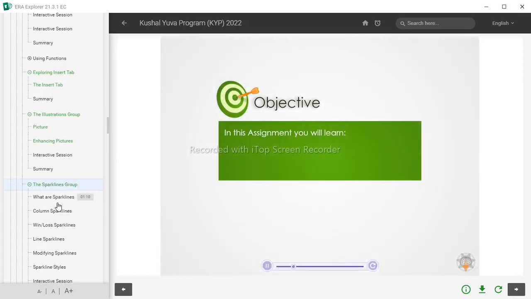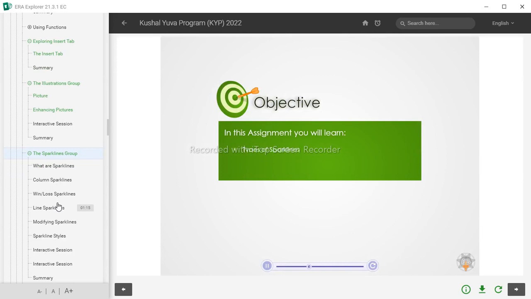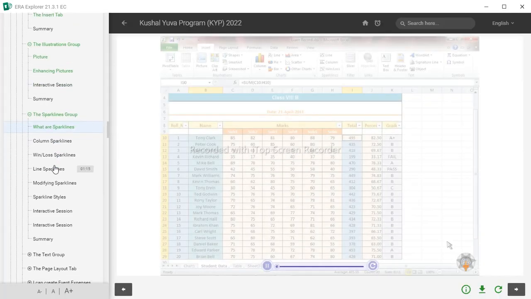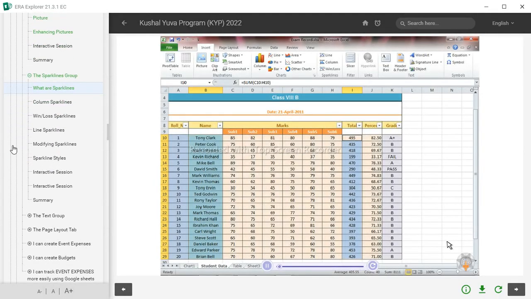In this assignment, you will learn types of sparklines, creating sparklines, modifying sparklines. What are sparklines? New in Microsoft Excel 2010, a sparkline is a tiny chart in a worksheet cell that provides a visual representation